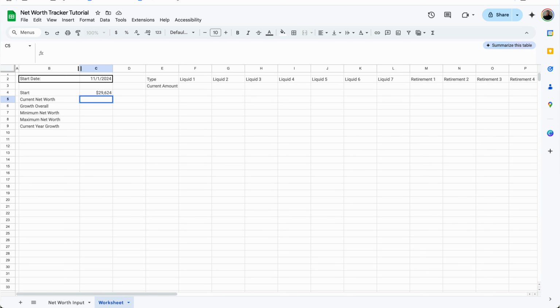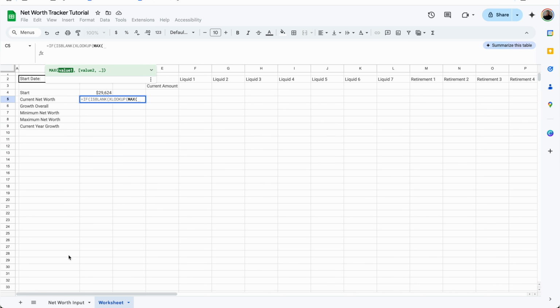All right, for the current net worth, it's going to be a little bit of a complex formula. The reason why it's a complex formula is we don't want everything to be wiped out and have no value when that next month updates, when the month rolls over. So we want to have the month value if something is there. If nothing is there, we want to have the month before it. So we're going to type equals IF, open parentheses, ISBLANK, open parentheses, XLOOKUP,